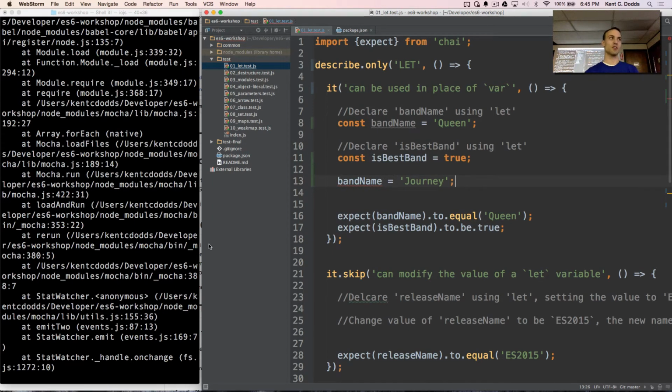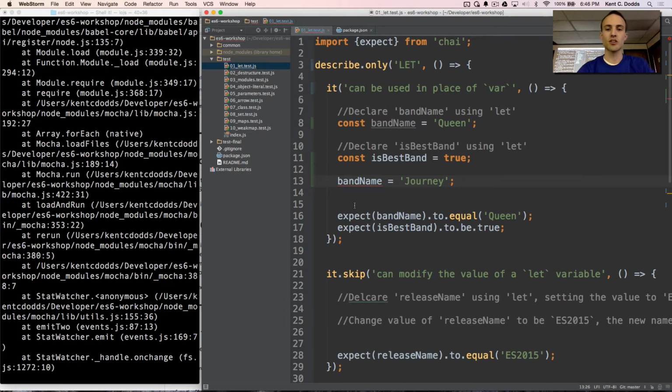It explodes at me. And this isn't the browser exploding at me. Actually, const and let are implemented in Chrome, at least. I think Firefox as well. But this is Babel throwing up at me and saying, hey, you can't change the assignment of a variable that you created with a const declaration.